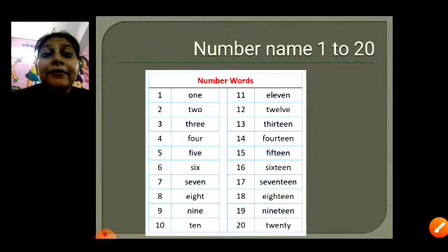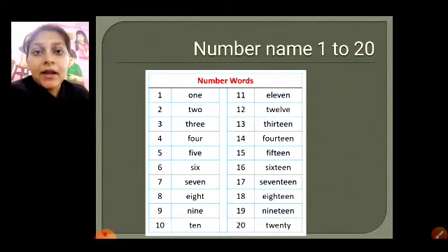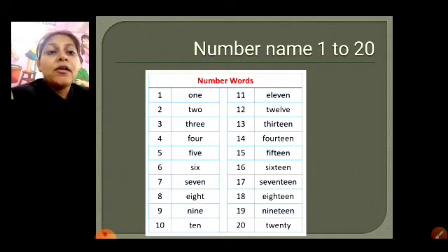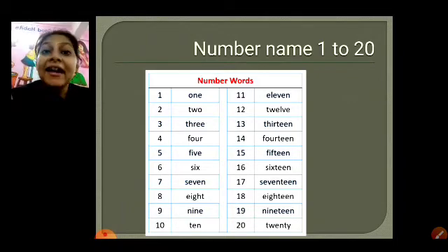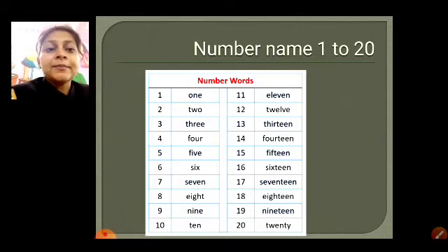See. Then after that we learn the number names, right? Number names of 1 to 20, right? You all know till 10, but you make mistakes in 12, 13, 18, right? So be careful. You have to remember these numbers, right? So you have to prepare the number names 1 to 20, right?